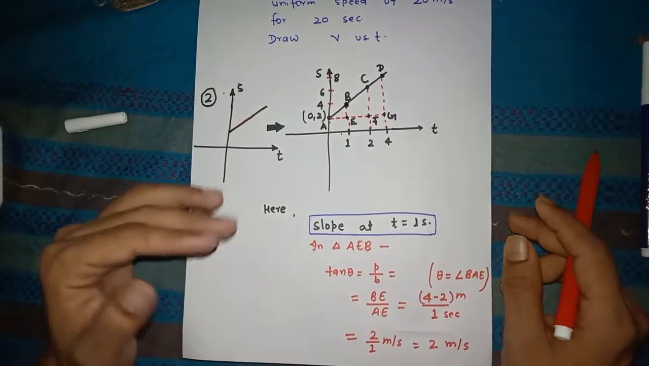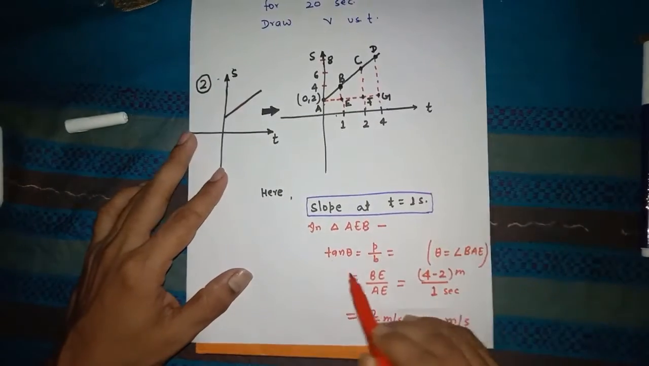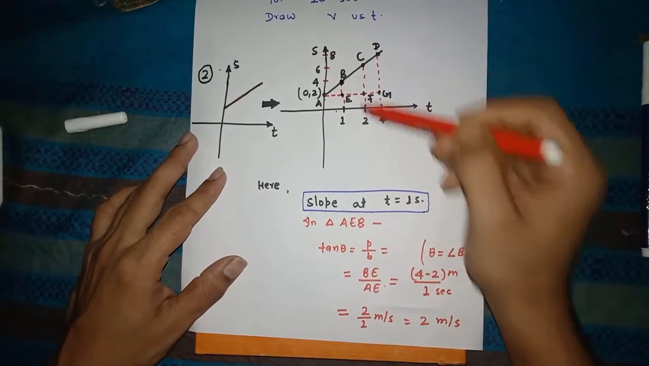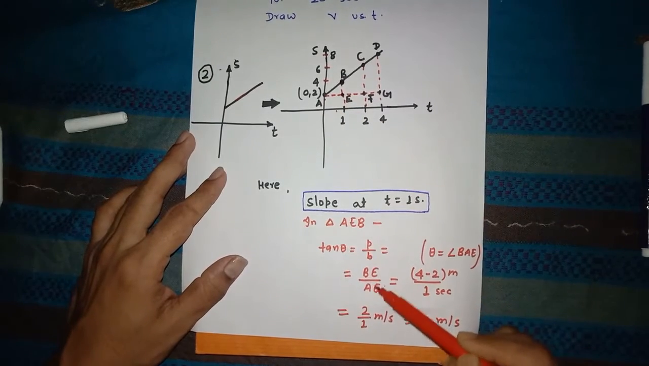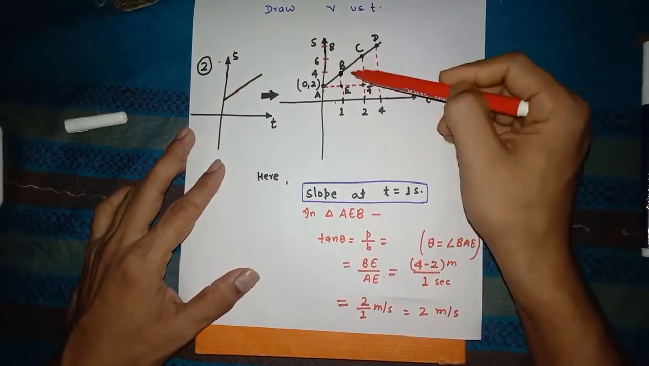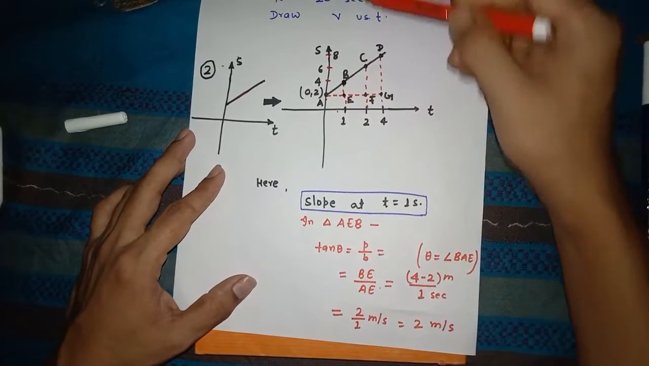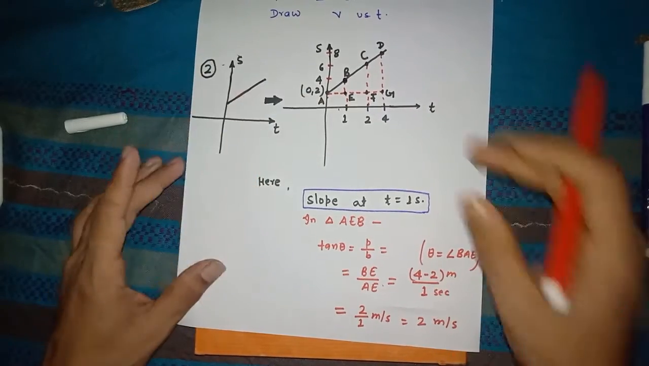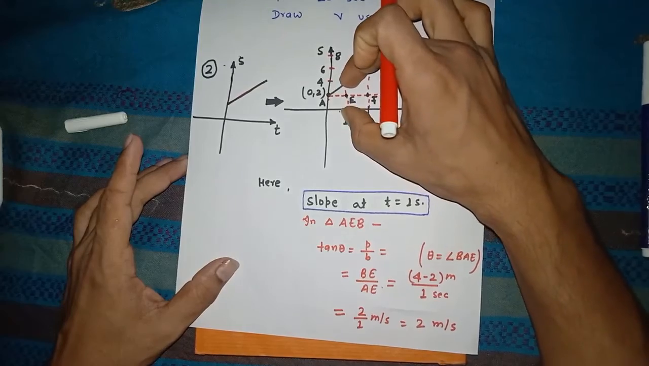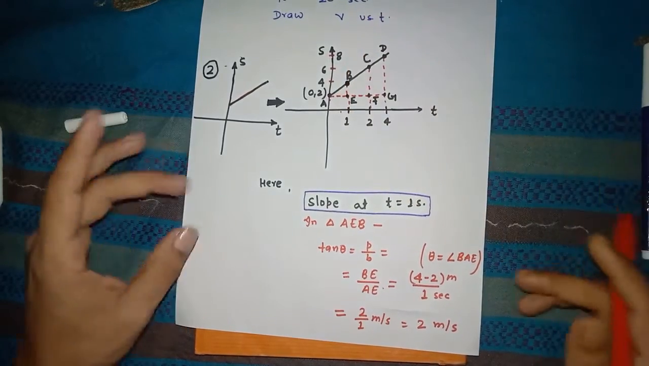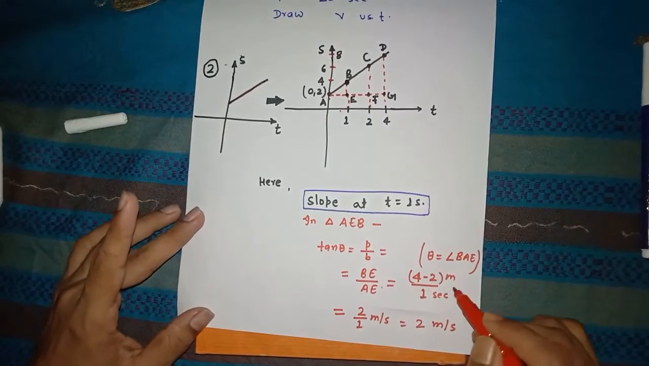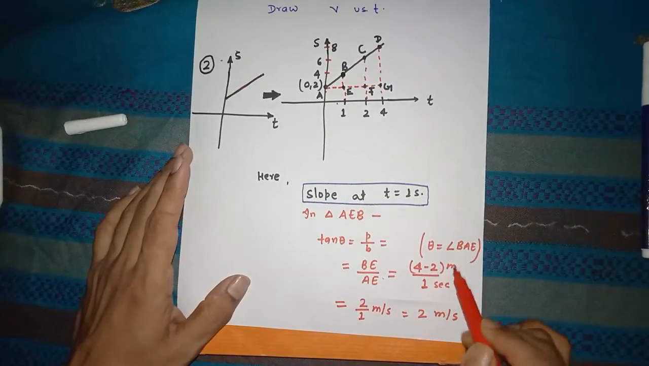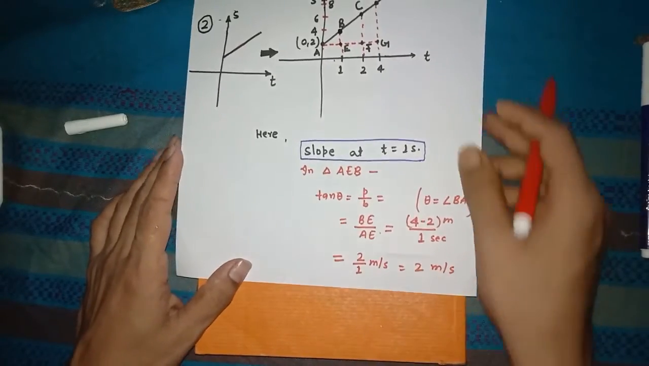You know that the slope at t equal to 1 second must be tan theta, which is p by b. Here p is BE, and b is AE. So it is BE by AE. Both are positive, since BE is along the positive y-axis and AE is along the positive x-axis. BE you can calculate by this minus this, that means 4 minus 2, and AE is nothing but 1 second. That means 4 minus 2 meter by 1 second gives 2 by 1, which is 2 meter